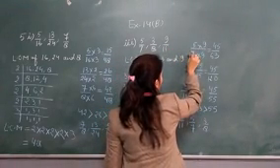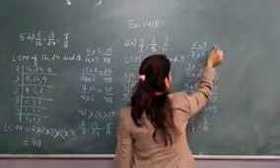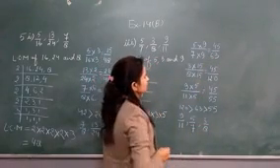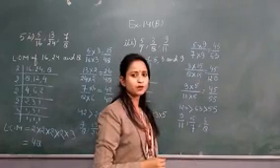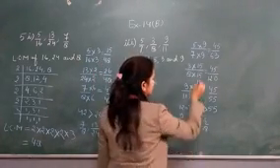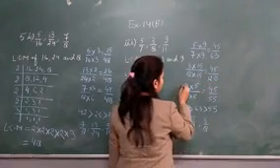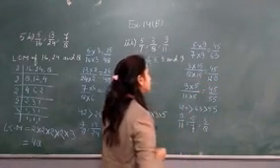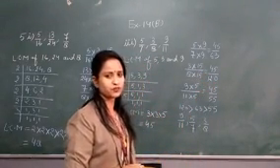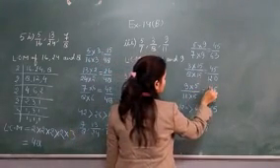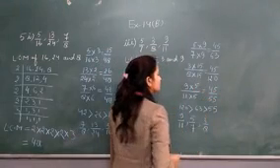Okay? The first fraction is 5/7. We will multiply this fraction by 9. That is equal to 45/63. Second is 3/8. We will multiply by 15. That is equal to 45/120. And the third one is 9/11. We will multiply this fraction by 5. This one is equal to 45/55.